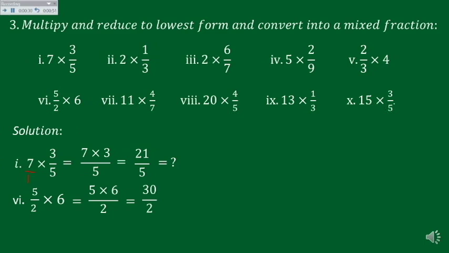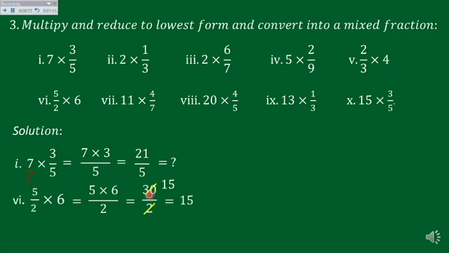15. Okay, 2 1s are 2 and 2 5s are 10. So you will get here 15. So the answer of this question is 15. If you don't understand this, beta, you perform division. If you don't know how to do this, divide 30 by 2, then you will get answer 15.